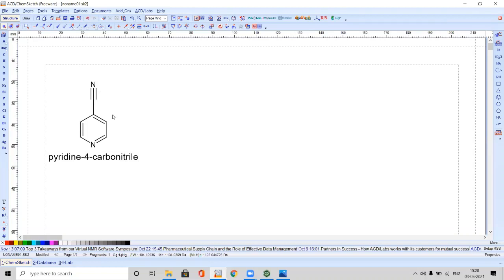And here, when you are trying to write a chemical reaction, there is an arrow mark. Here itself it has been mentioned, and you have various different kinds of arrow marks here also. So I am selecting this one, and I will draw an arrow mark like this.